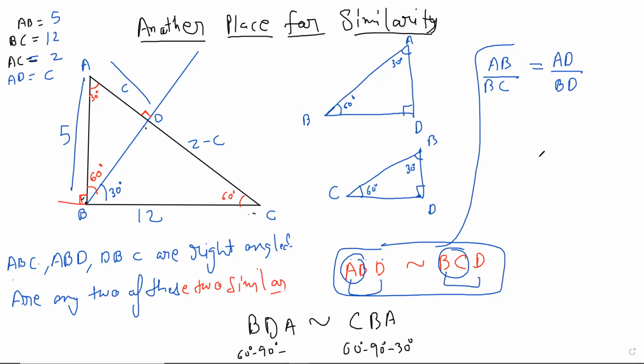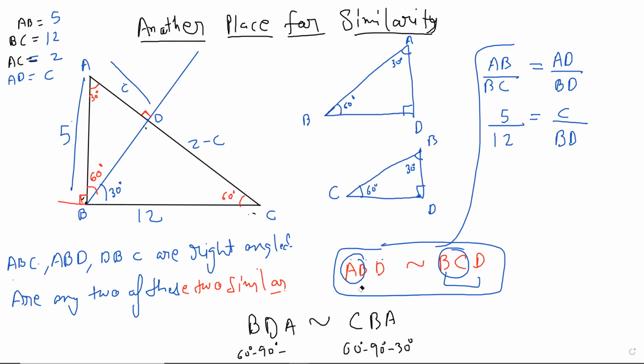So we can write this equation. I'm very strategically writing this equation because in this equation, my 5 and the C feature in. My 5 is AB and the AD is the C. Okay, so I believe everybody is following that. Now we can write down what we know. We know that AB is 5. We know BC is 12. And AD is C. Oh, okay, I've introduced a BD also. I've introduced a new variable. Never mind, we write it. Not a problem.